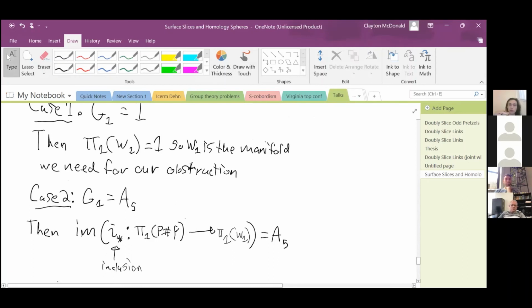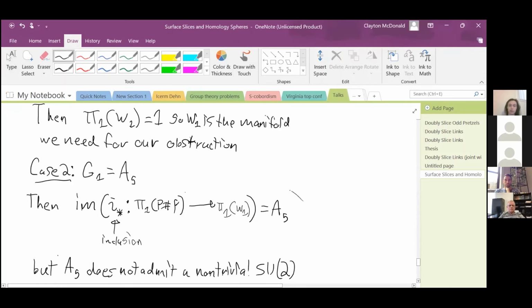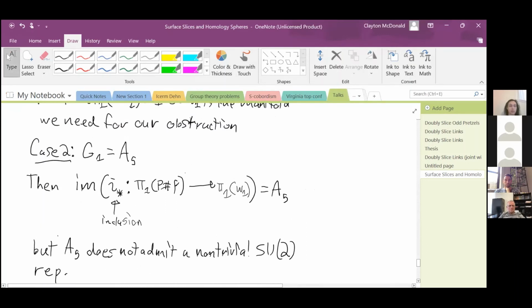because pi1 of just W, there's kind of this natural inclusion of pi1 of P into pi1 of W. And that's going to be all of our SL25. And then we just look at how that SL25 maps into pi1 of W. And that's going to be as this A5. Okay. But the point is that A5 does not admit a non-trivial SU2 representation because it has, you can see